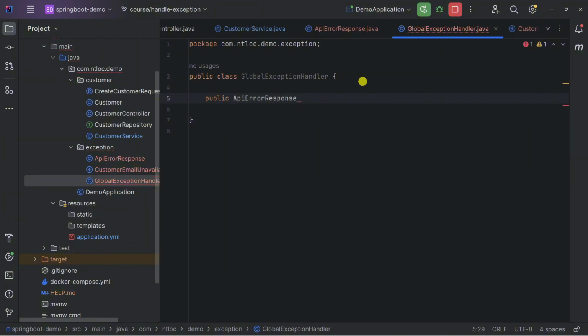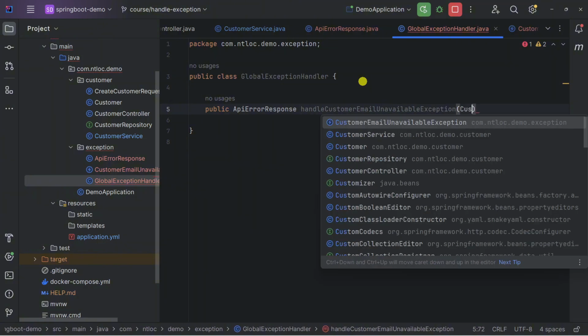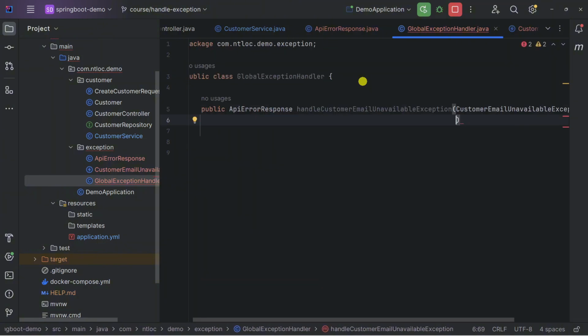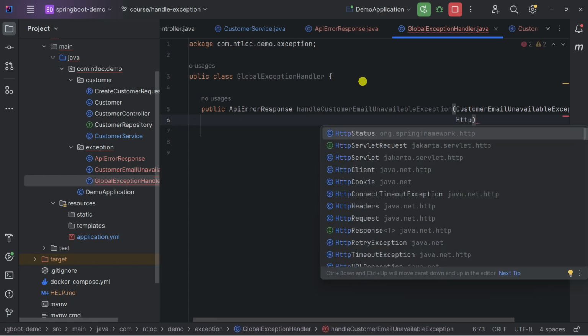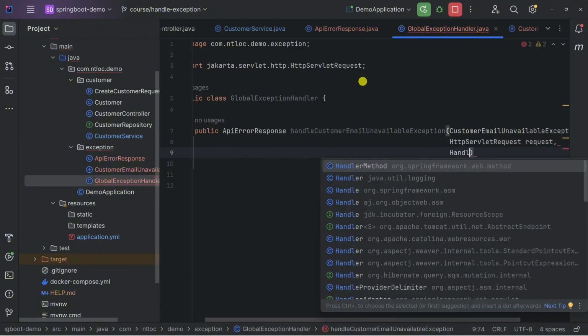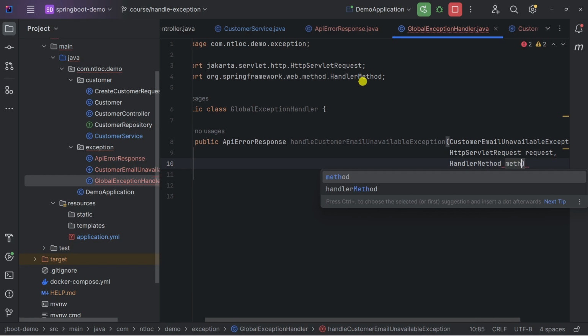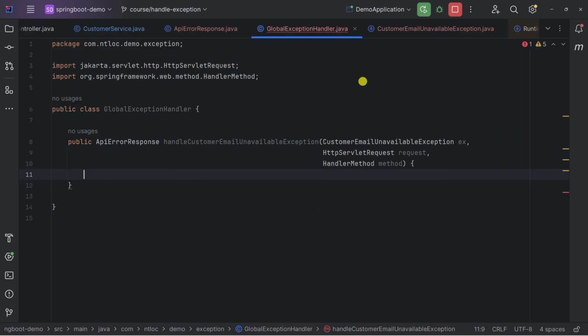The exception we want to handle is handleCustomerEmailUnavailableException, and inside it we pass the exception. Also for the path, we need to put HttpServletRequest here. And the last one is HandlerMethod. And let's close the project tab.